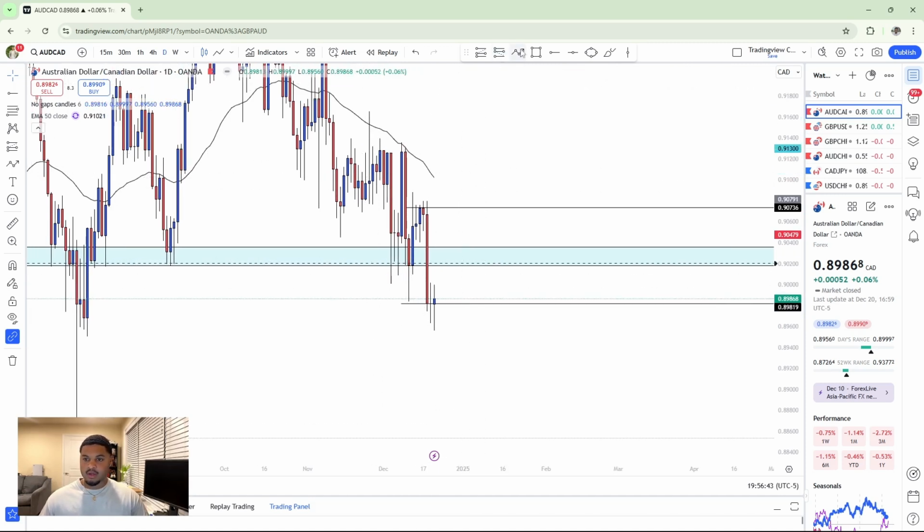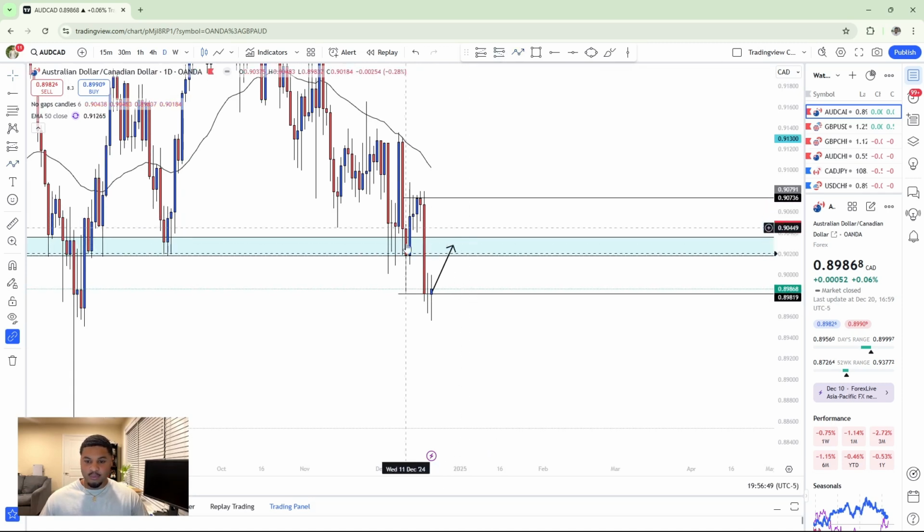All I'm looking for is for price to return to this area of interest, close in it. I'm going to restate it again. I'm waiting for price to close in this box. Once price closes in this box, then on the next daily candle is when I'll be looking for that shift of structure and engulfing. Super simple. And then once we do that,